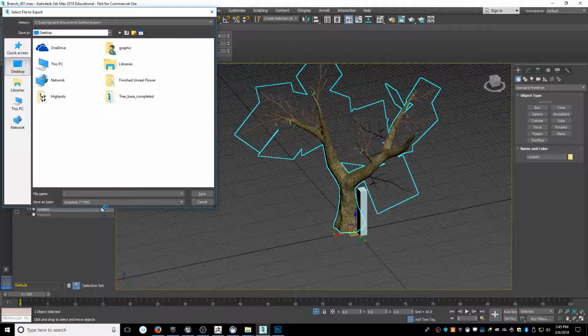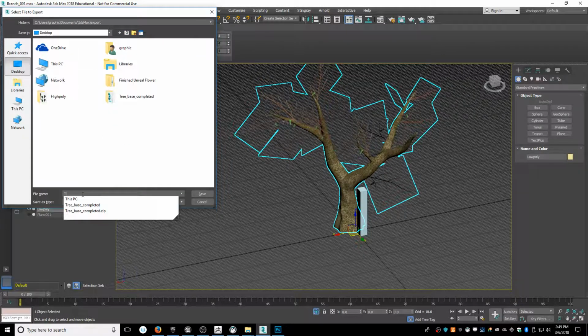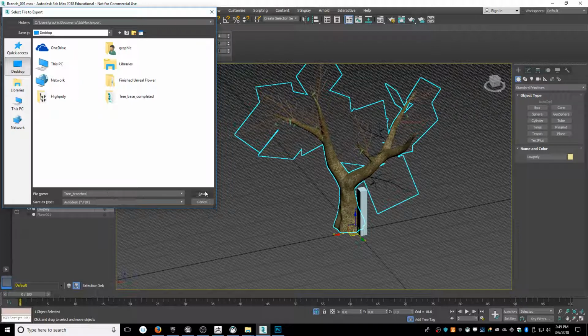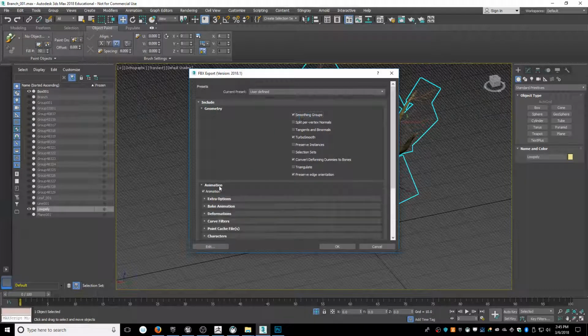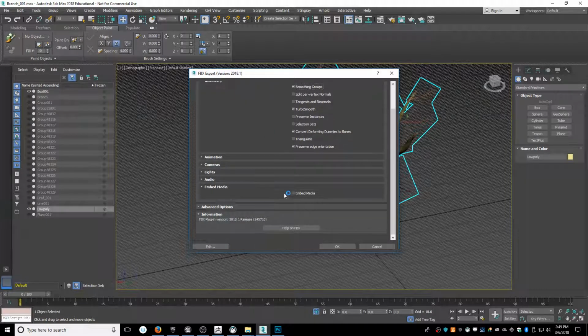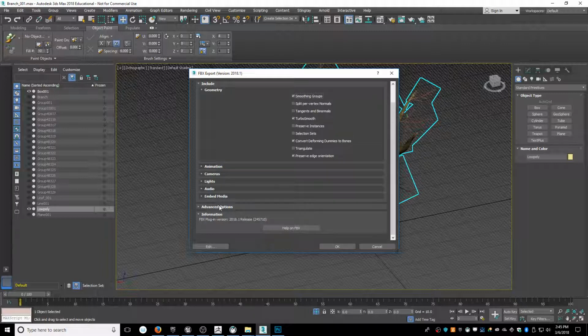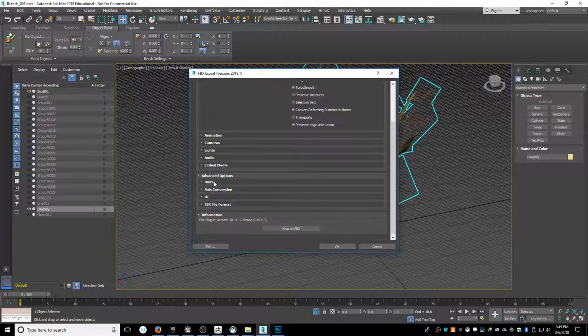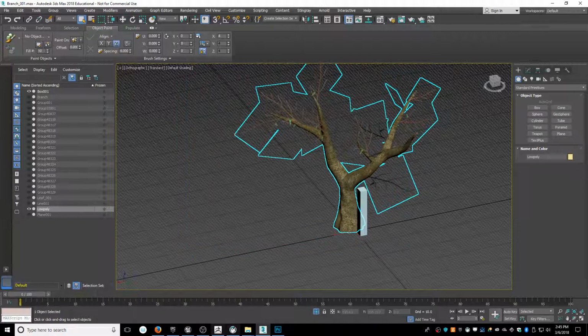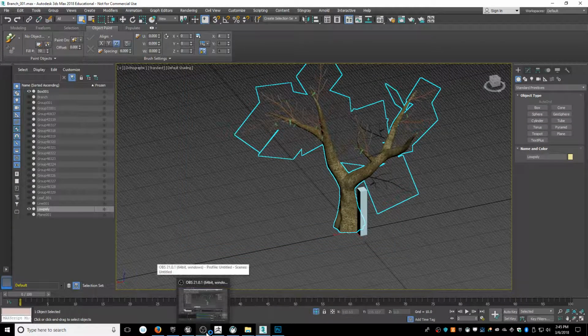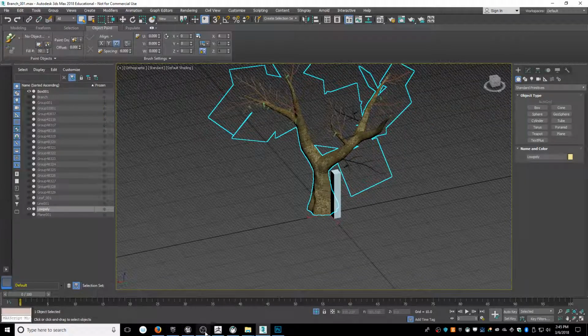Export selected, desktop. I'll save it as tree branches. Hit save. Now you want to make sure you have smoothing groups on. Everything else is kind of not important. You can export the media as well. I wouldn't recommend it just because we'll do it manually. For units, you just want to make sure this is set to 1.0 and then you're good. And you can press OK. Okay. All right, let me make this on a separate